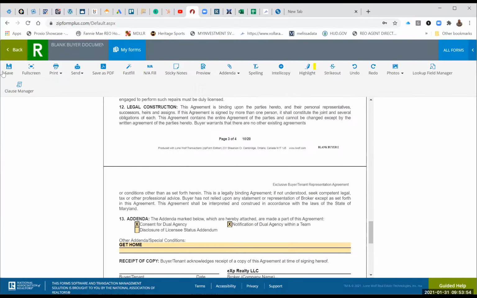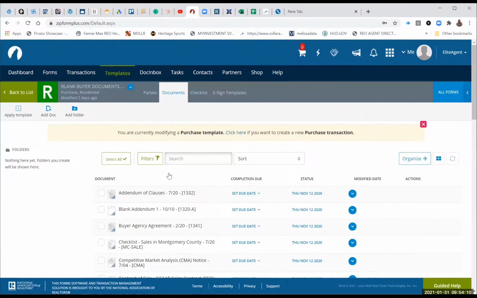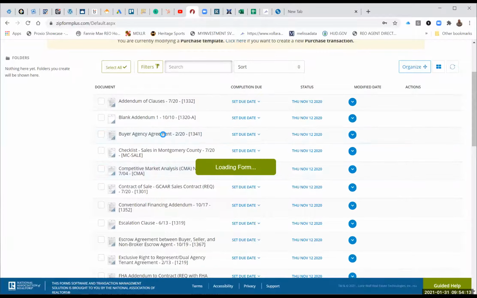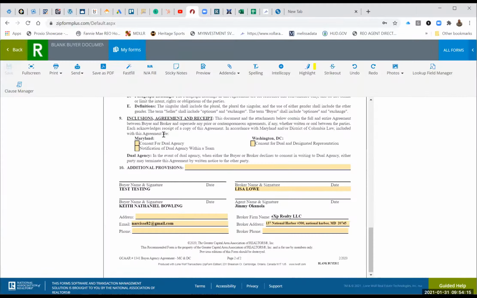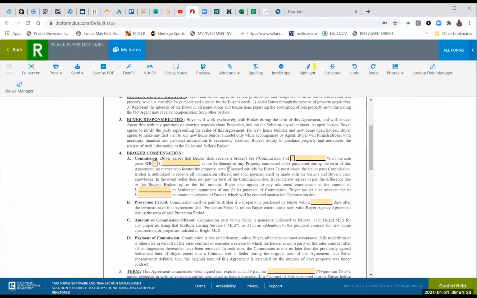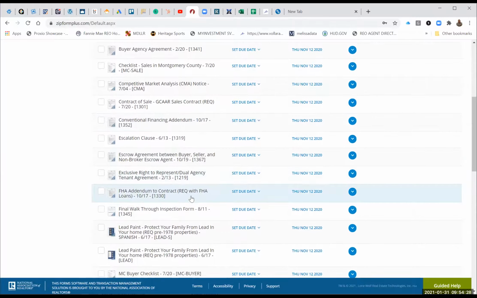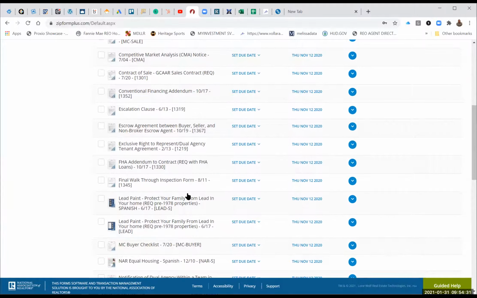Okay. Then again, you come here and you save it. It saves, it comes out. So now at least you have an idea of what the forms will look like. So you know exactly what the forms are going to look like. Okay? So that's what you got to do. All the forms that I just sent to you, they're all right here. As you can see, I go to